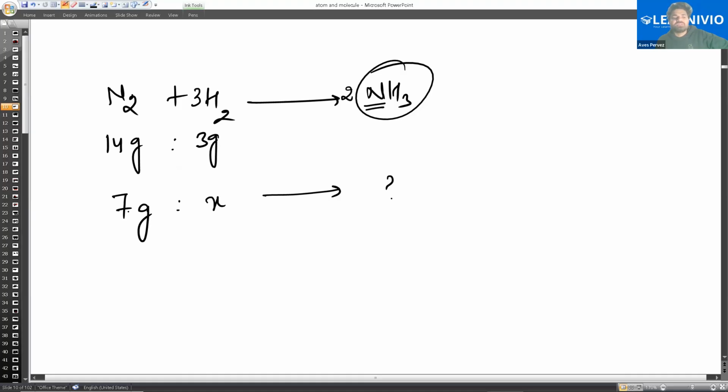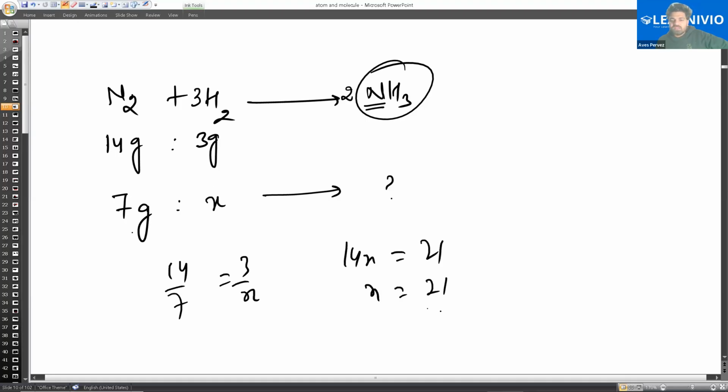but we need to find out that for 7 grams how many grams of hydrogen will be required, because the product will be formed according to 7 grams, because it is in the limited amount. So just cross multiply this one, or you can get 14 upon 7 is equal to 3 upon x. You can write it this way, this upon this is equal to this upon this, or you can cross multiply, it's your choice. अभी भी मल्टीप्लाई करोगे तो वही आएगा, 14x is equal to 21,